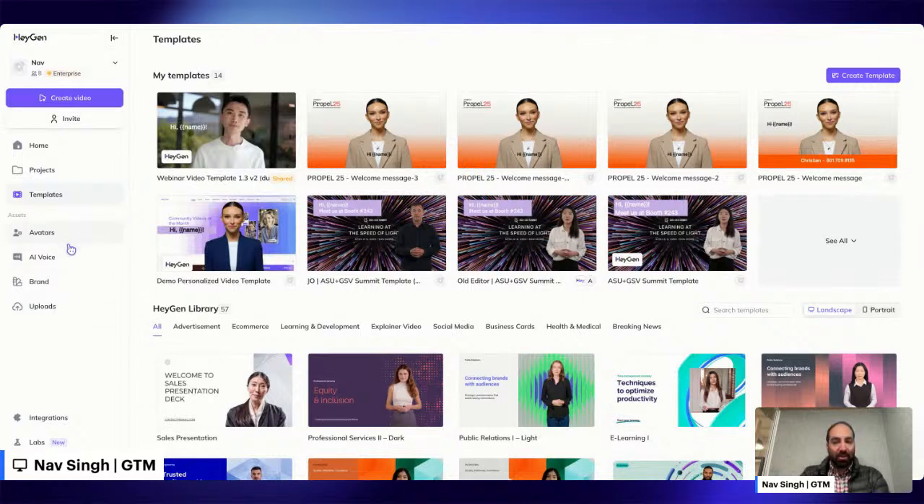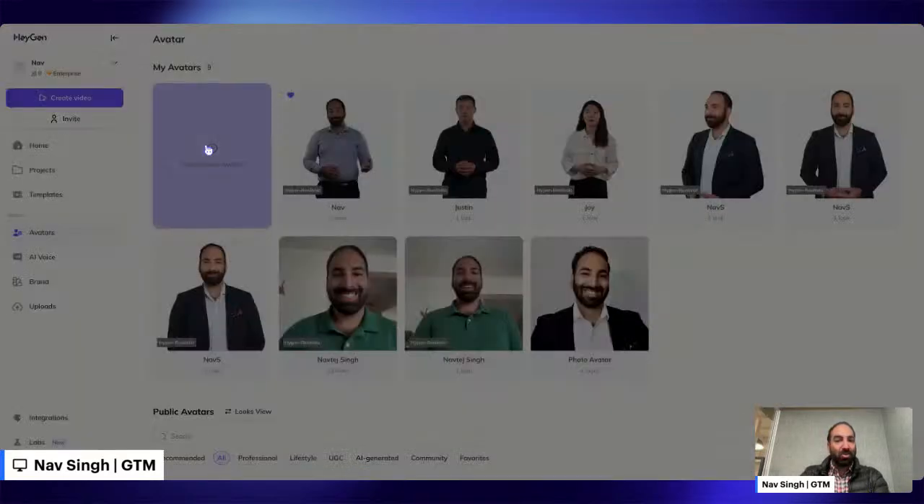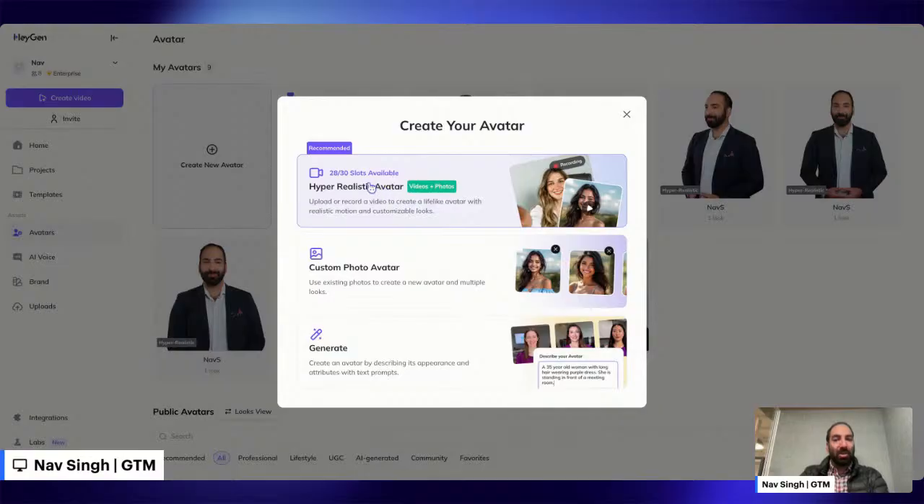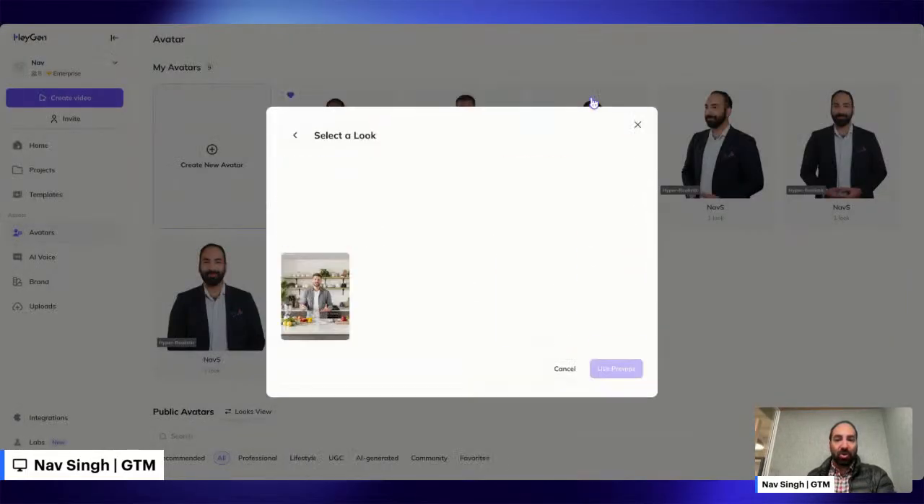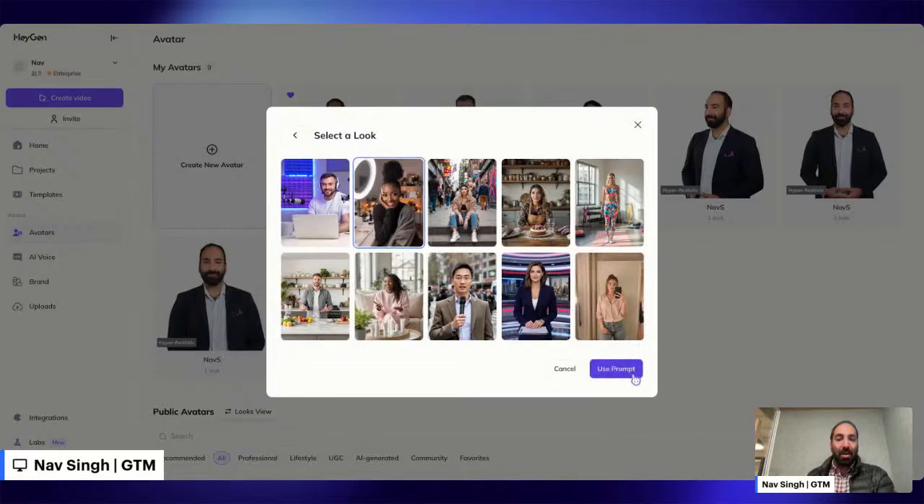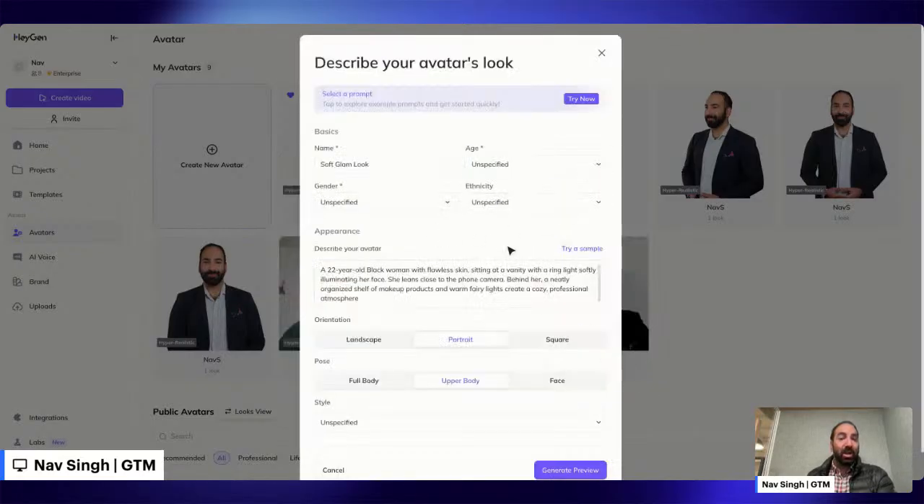So a few final things that I wanted to call out. So avatars, it's very easy to create a new avatar, even on a free plan, you can do this. You can also create an avatar 4 with just one photo. Custom photo avatars take a couple of photos to create a couple of variant looks, or you can generate an avatar just by prompting. So here we give you a couple of examples based on how we've created other avatars